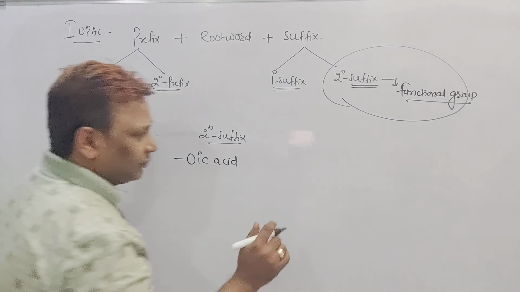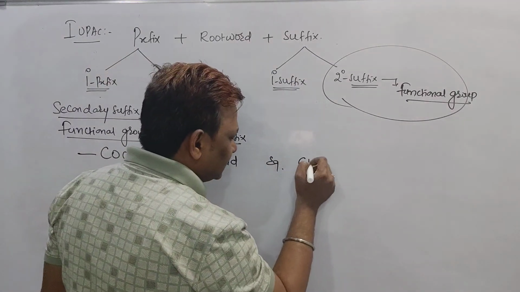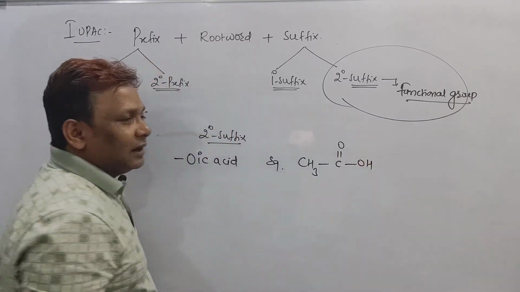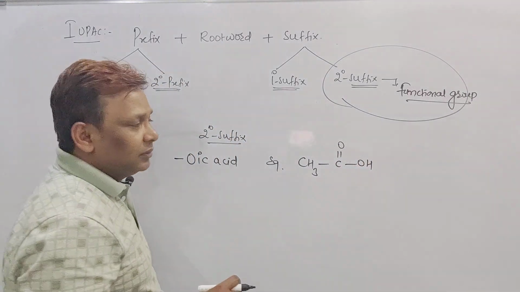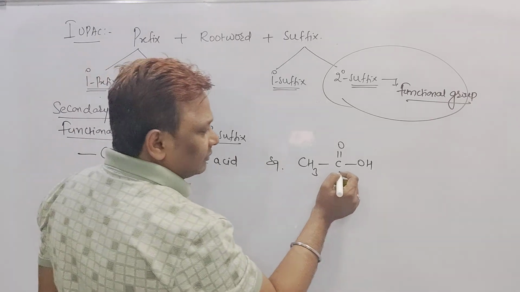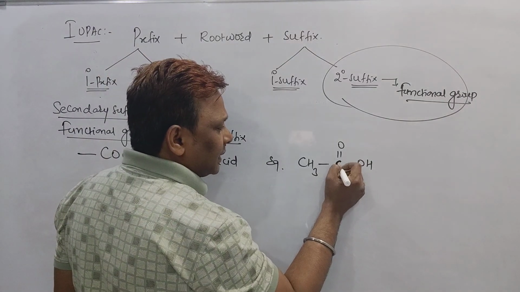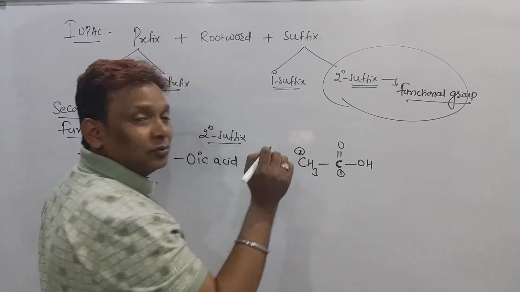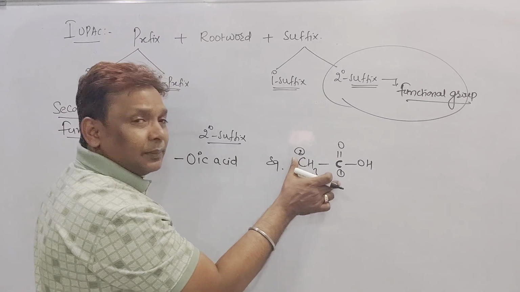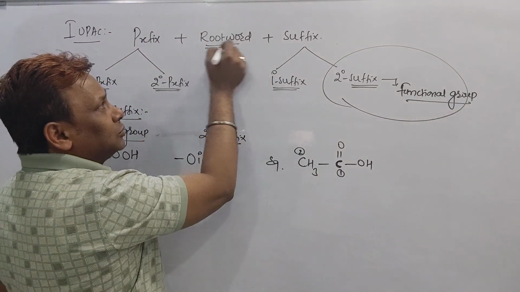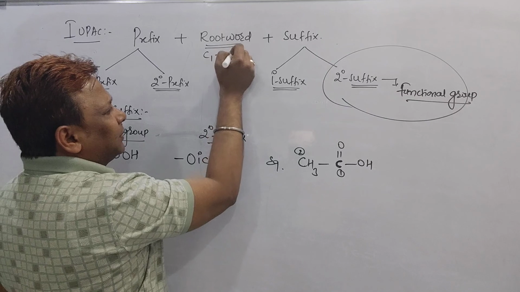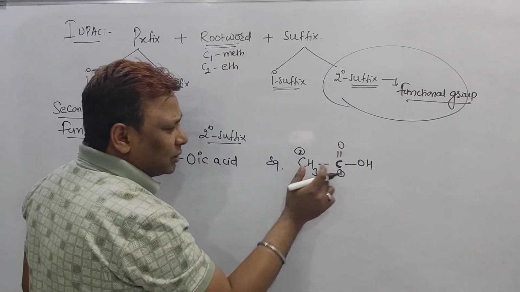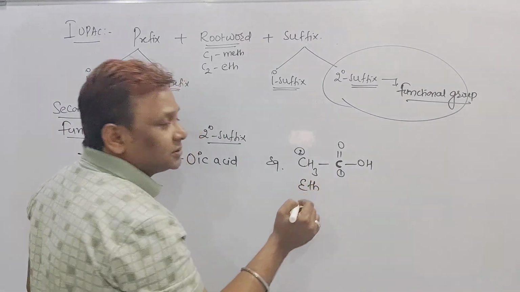I want to give an example for you. One second. It is CH3, C double bond O, OH. And I will ask you to get the IUPAC name of the compound. See beta, according to the rule, if the functional group itself contains carbon, that carbon should be numbered 1 and the other carbon should be numbered 2. Now tell me, how many carbons does the compound have? 2 carbons. In my previous video, did you see, beta, a compound containing 1 carbon is meth and a compound containing 2 carbons is eth. So it has 2 carbons, I should write the name ETH.